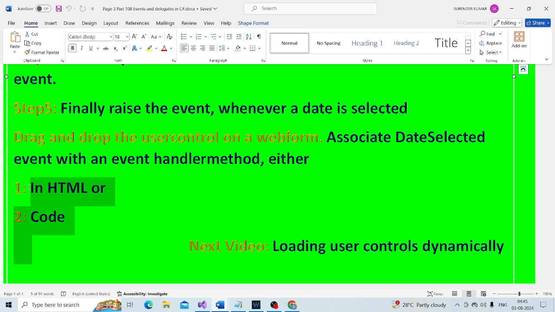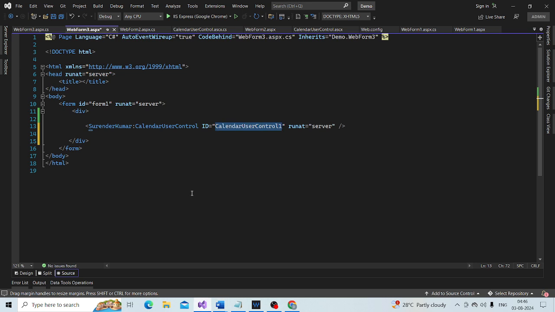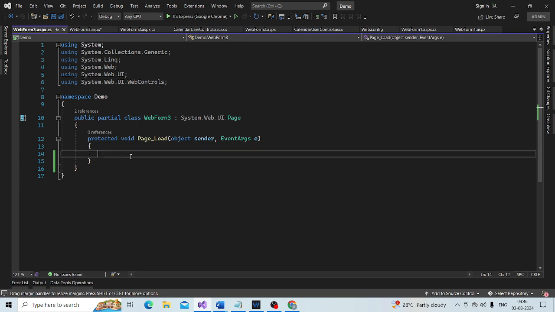First let's do that in code, and then we will see how to do that in HTML as well. So to do that in code, in the page load event